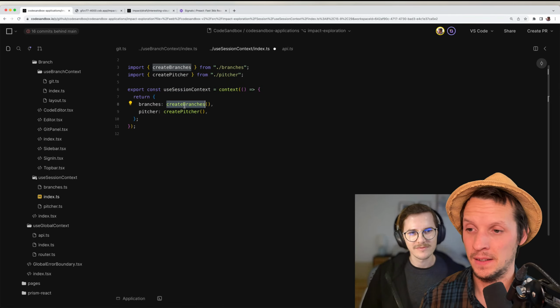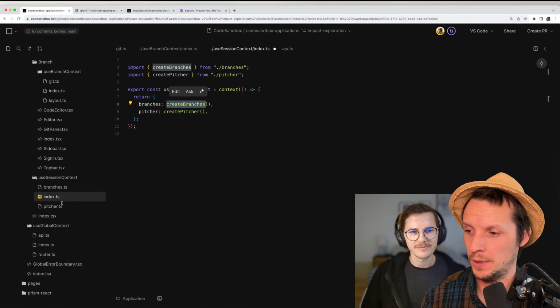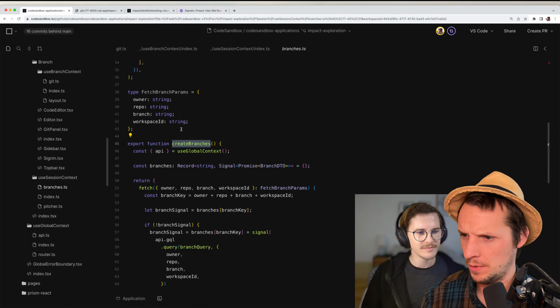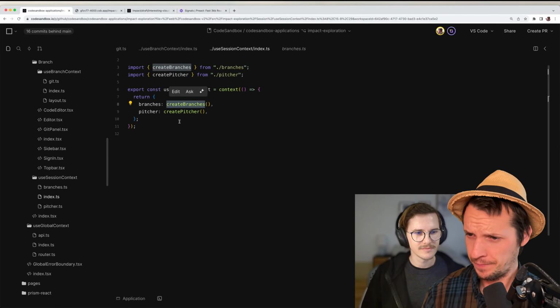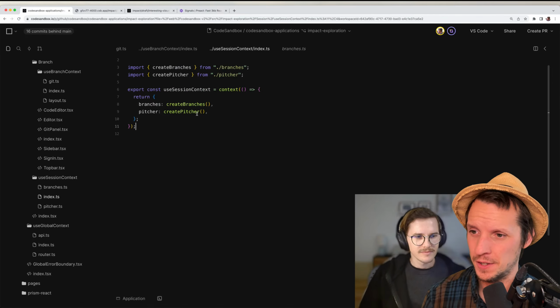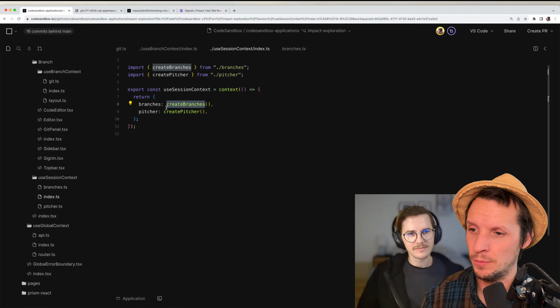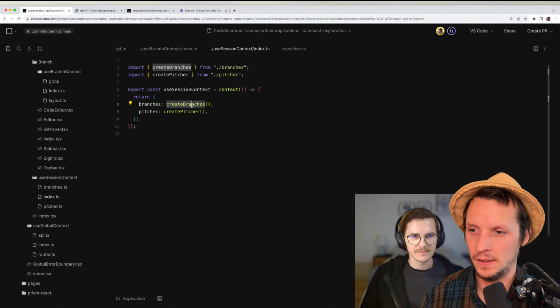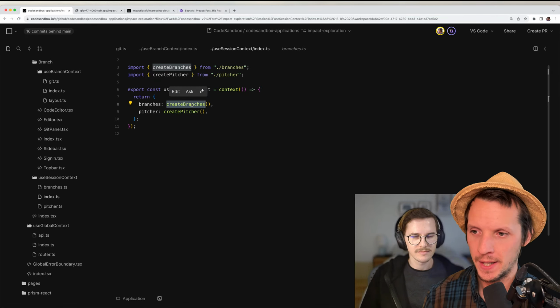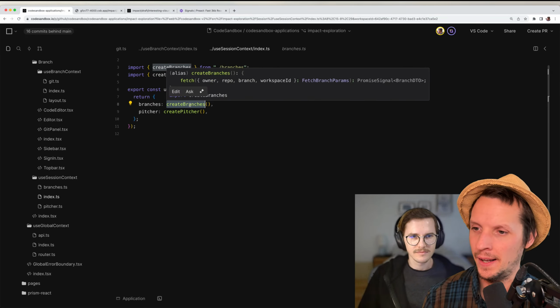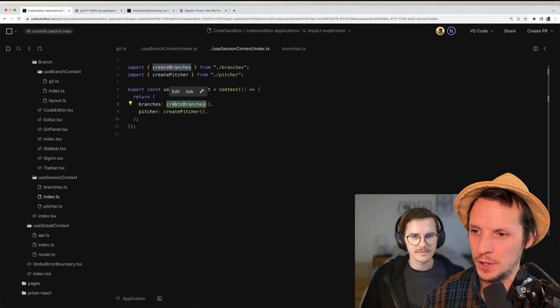Another thing that's a little bit confusing with this: when I built this the first time, you need the API from the global context here. What I did first is try to pass it in as an argument.